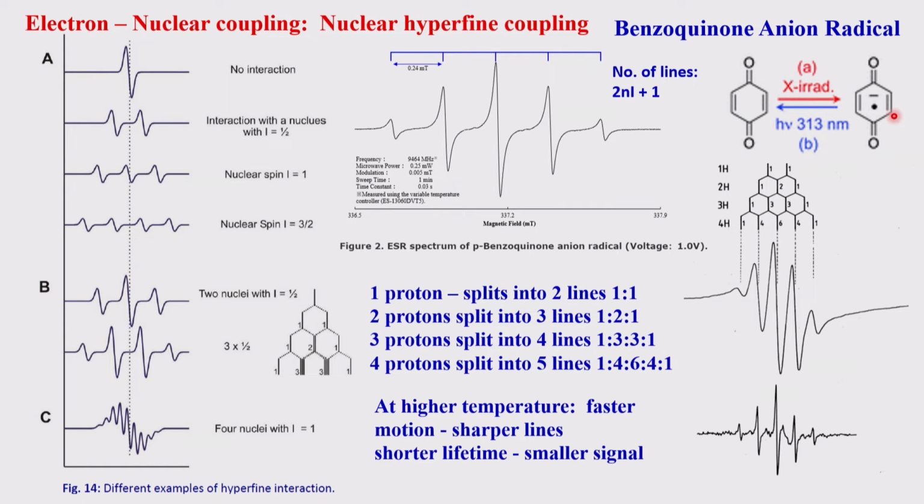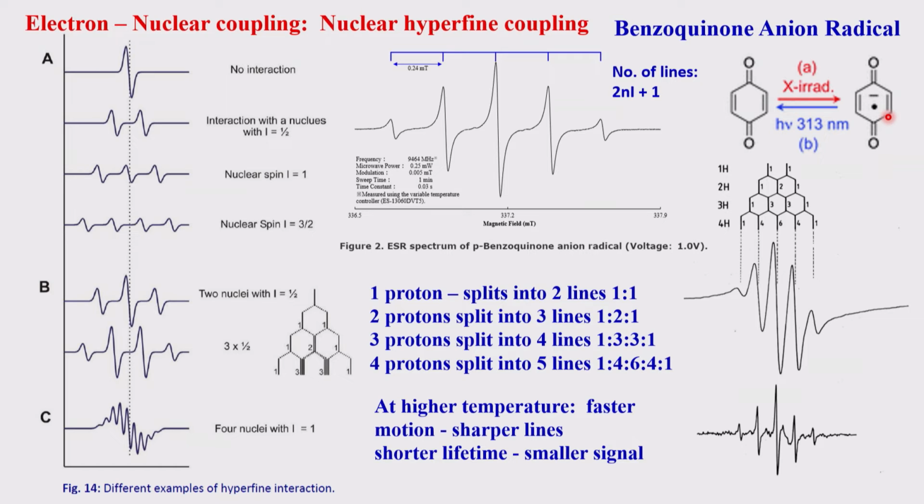1, 2, 3, 4. Are these equivalent? Yes. If you look, this is adjacent to this, this is adjacent to this, adjacent to this. So they are magnetically equivalent. Therefore all these 4 together will be a kind of isotropic system where all 4 are equal. Therefore the number of lines that you would expect in this are 2 into